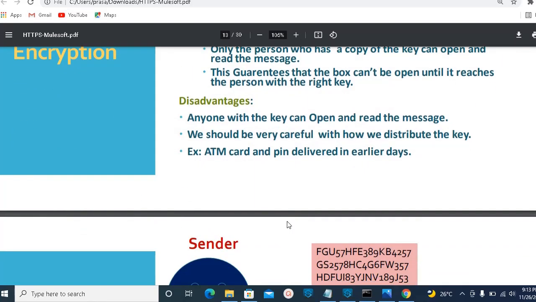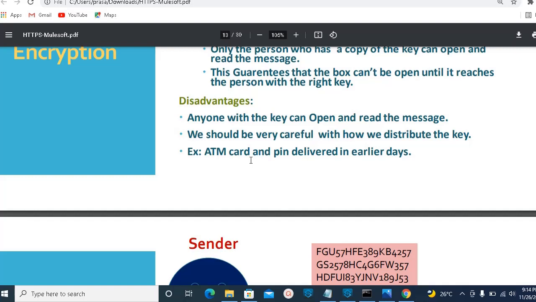For example, nowadays ATM card PIN setup can be done by using ATM machines. But in earlier days, a bank would first deliver the ATM card. If you applied for a debit card, you would get the debit card in a parcel first. Once you received that debit card, they would share the default ATM PIN in another parcel or another courier.